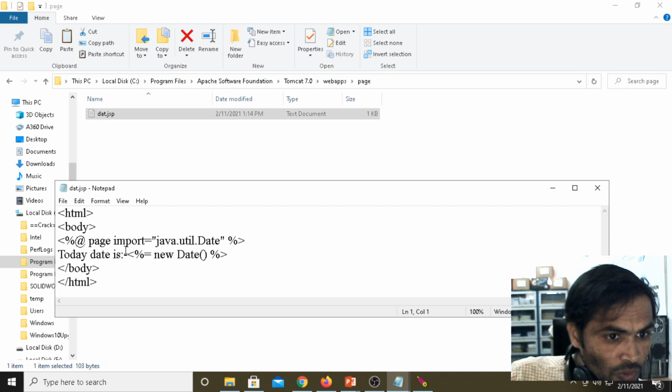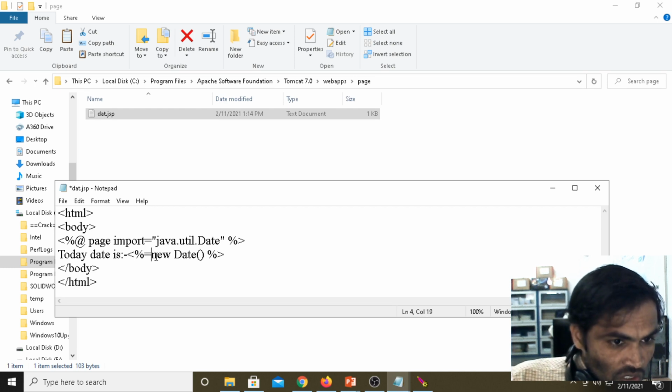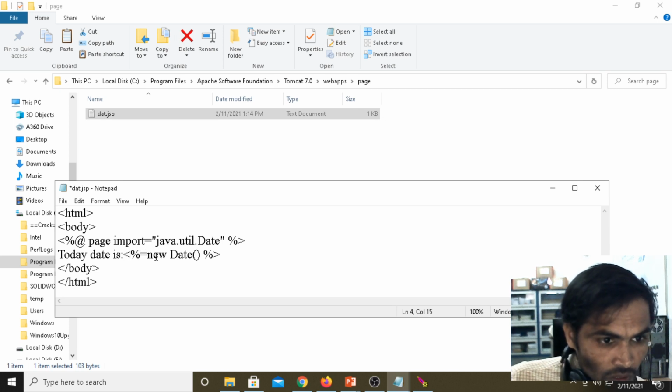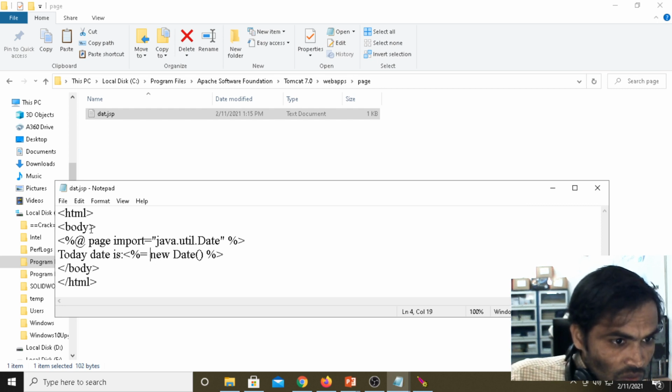Page import java.util.Date, space, then expression, percentile new Date, okay, new Date, HTML closing body.